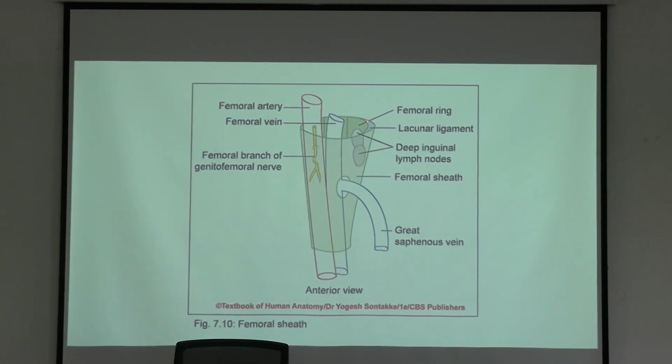And you can see this is the opening through which there is a communication between the abdomen and the lower limb, and this is a ring shaped area. This is called the femoral ring. This opening, okay, opening of the femoral canal, okay, towards the abdomen is ring shaped, which is called the femoral ring, and which is covered by a septum, which is called femoral septum,